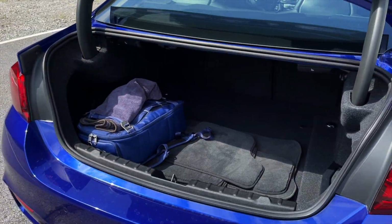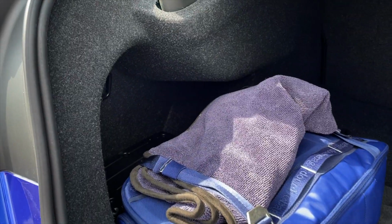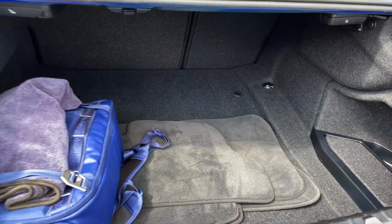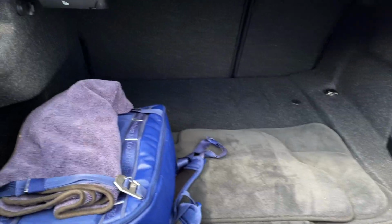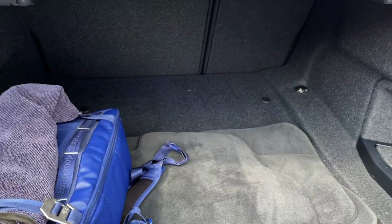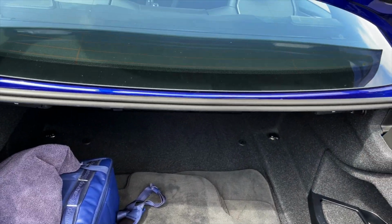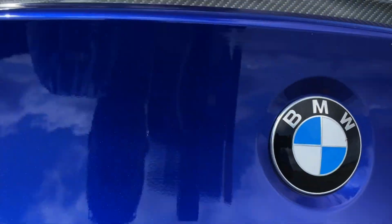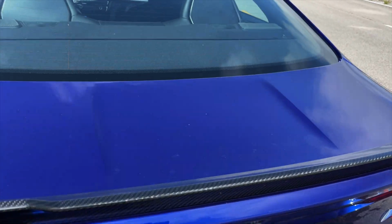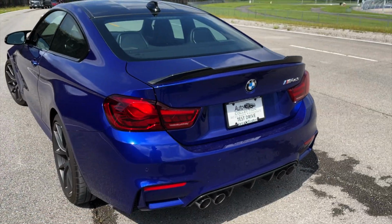Well, there she is. Once you look inside, not a ton of room. That's the normal Nashville Cars and Coffee bag. You can kind of see a somewhat limited amount of space. Probably enough for two people to take a little trip, but definitely not going to fit. I'd be surprised if you can fit golf clubs in there without putting the seat down, but a fair amount of room, nothing too crazy. It does have a backup camera kind of hiding right up here. And man, again, with this paint, this car was just rained on, so it does have a few water spots, but for the most part,